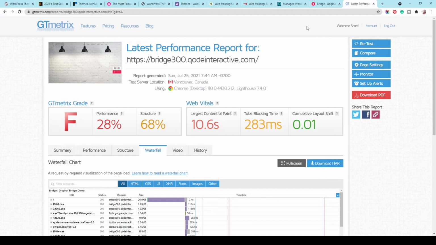So make sure that you test the demo link, which is the most optimized version of that theme by their own creators. So they've done their best to make it as fast and optimized as they can. And if you see the result is that high, that means that it's really hard for you to make it better. Even if you get a specialist or a page speed expert like myself, most of the time we cannot